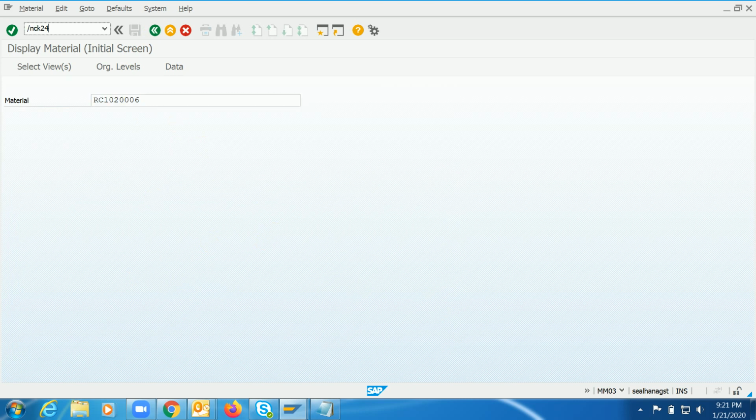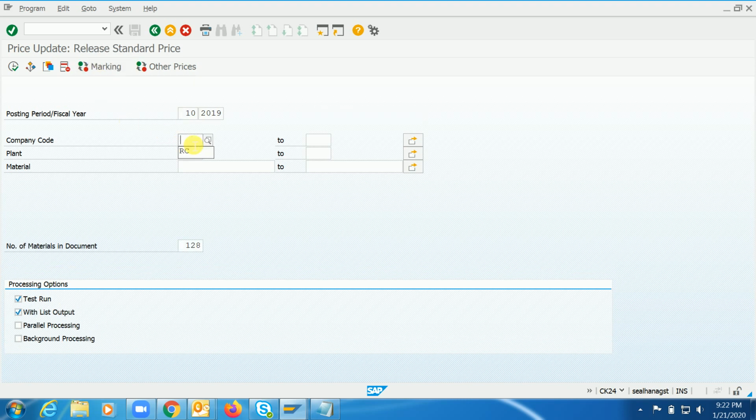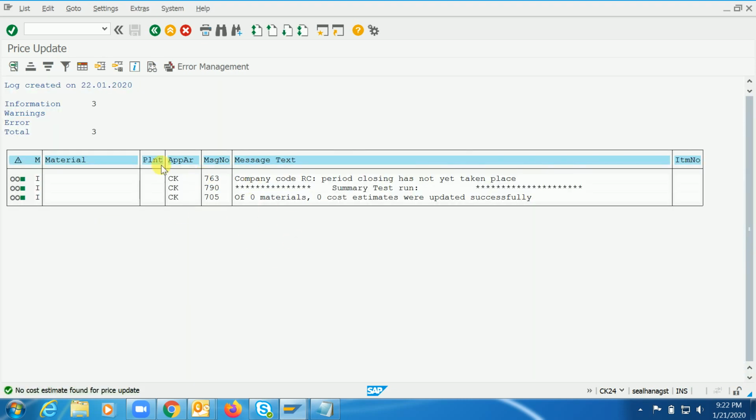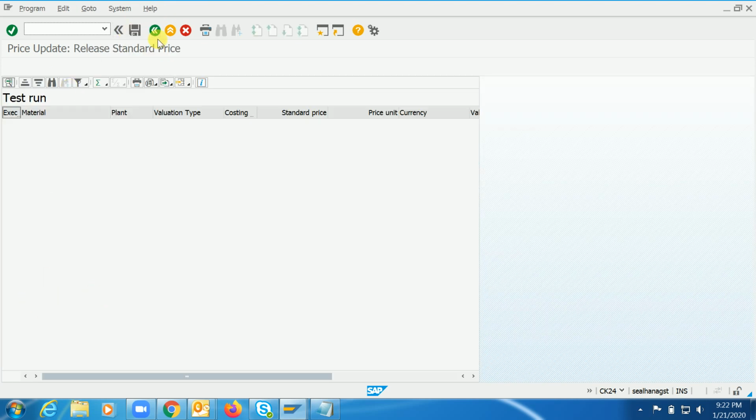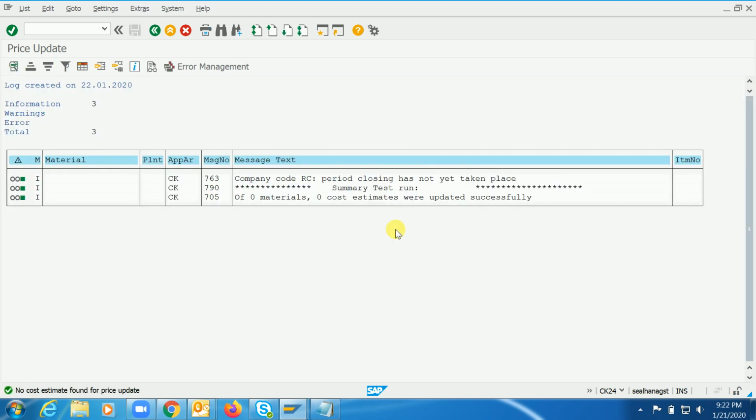For releasing we also have to use the same transaction, CK24. Here there is a Release button. You have to select that one and queue this. One minute. Once you enter all the input parameters, execute it in test run mode itself. Company code RC. Period closing has not taken place, so we couldn't release the standard cost. Why? Because